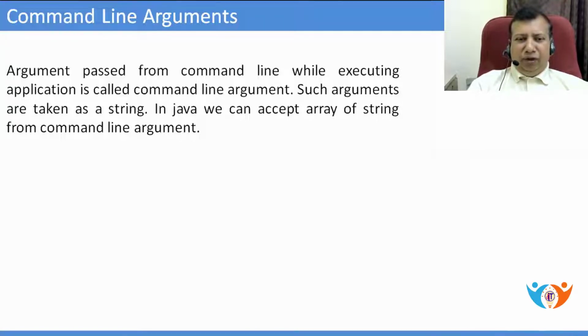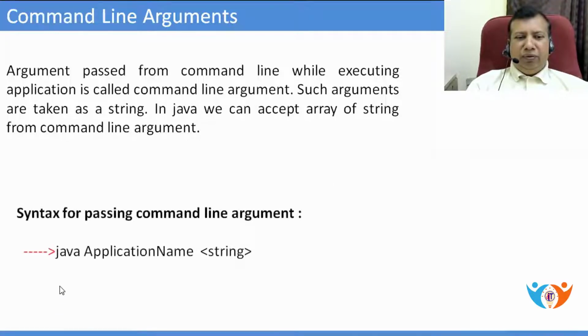Let us see the syntax, how to pass the command line arguments. This is the command: java, then we have to give the .class file name, then a space, and then we have to pass a string. One string may contain multiple words, but if you put them in one string using double quotes, it will be taken as one argument. If you are passing a string with spaces without using double quotes, then every word will be taken as a separate argument and added as array elements. This is just the syntax. How can we pass command line arguments in Java?